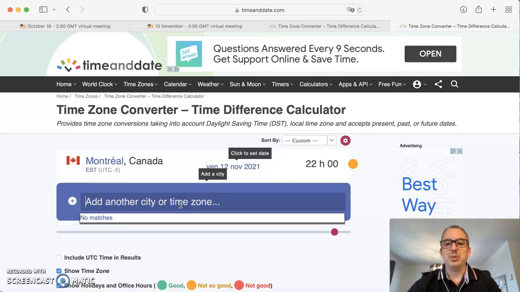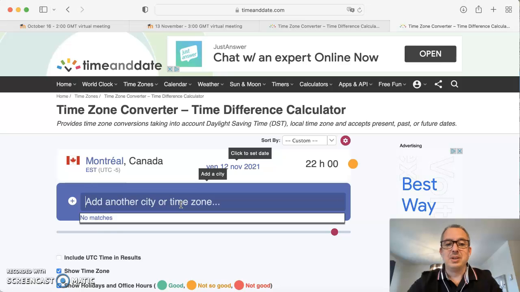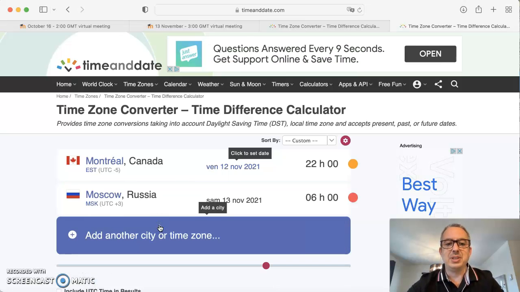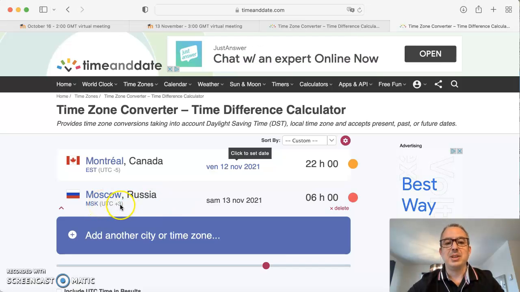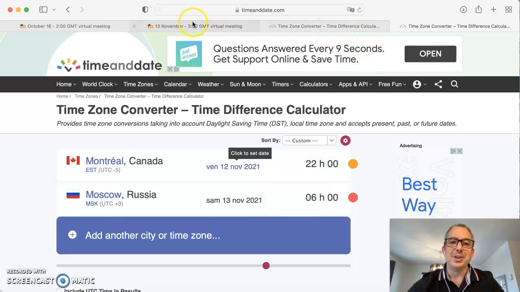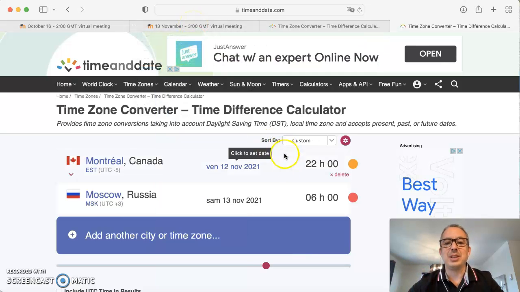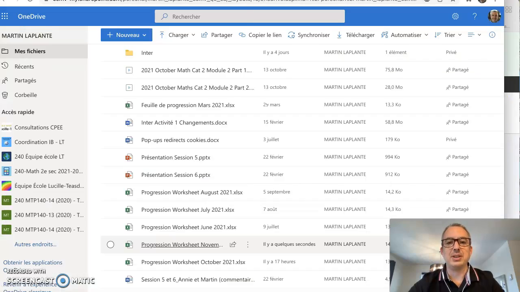And then if you post your city, let's say that I would be in Moscow, Russia, then you see that the time is UTC+3, so it's an 8 hours difference, which is 6 a.m., which might not be a good time. So remember that there are 2 offers, but that's a way that you can see at what time would be the offer for you. So it's really simple. You just have to click on the link.